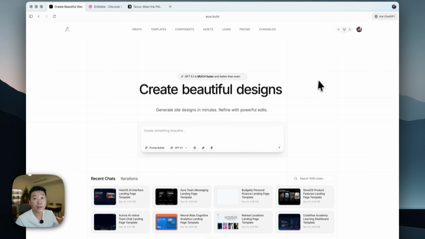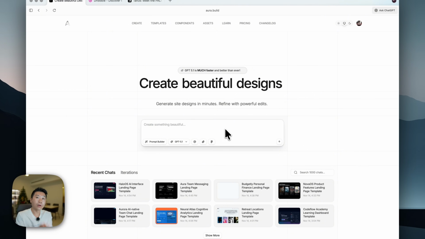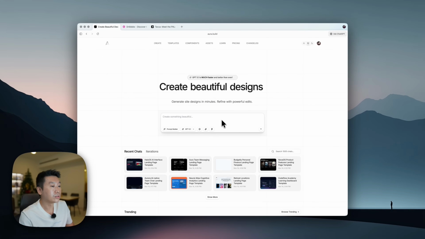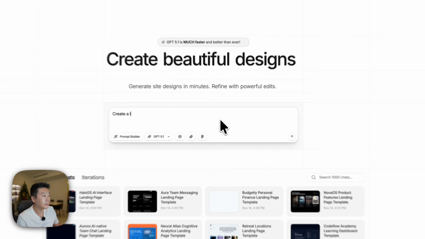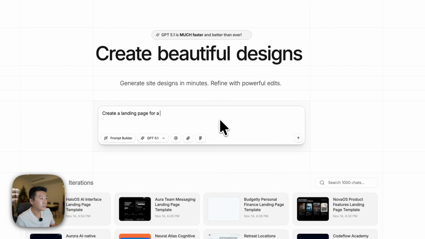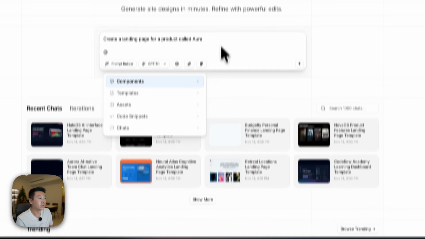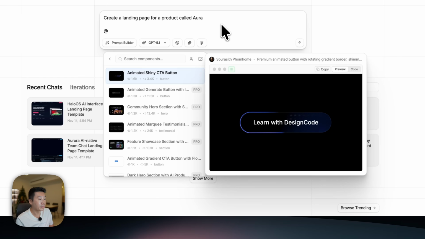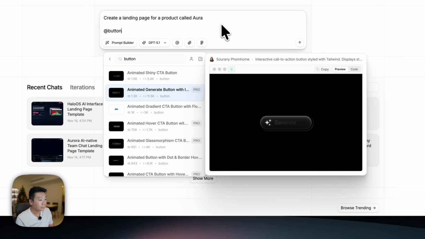references from the get-go. So here, what I love to do is the same thing: create a landing page for a product called, I don't know, Aura, whatever, I always use the same name. Then you want to reference, this is your starting point, and you want to use a component. For example, I want this button, so I'm going to search for button,